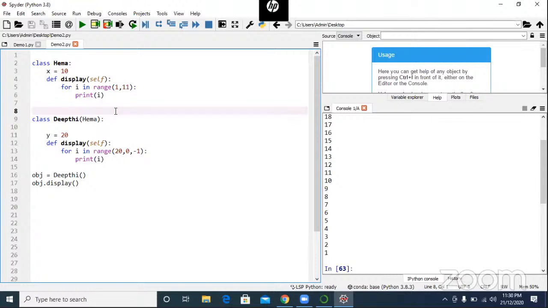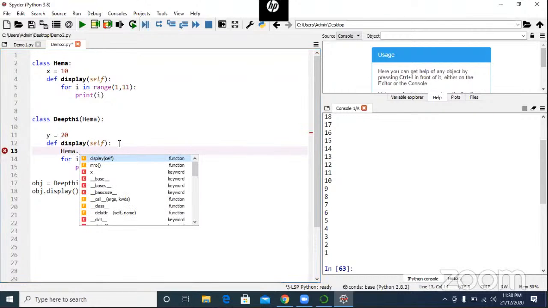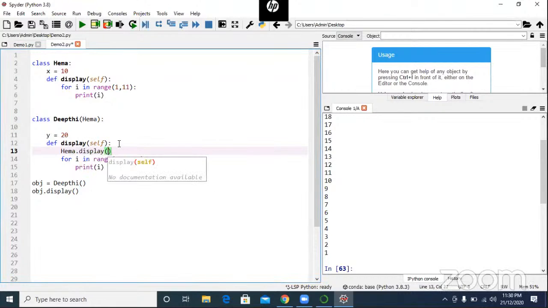Correct? Now, if you want, you can do it like this also: Hema.display. So which method are you calling? Display. So definitely this method will be called. What is the first line?